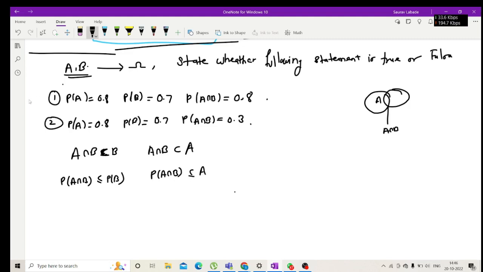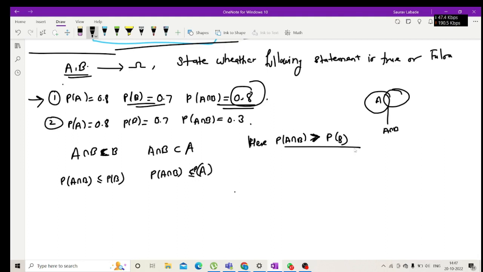Then tell me, is the first statement true or false? It will be false, right? Why is it false? Because here the intersection is greater than probability of B. Here probability of A intersection B is greater than probability of B, which is not a possible condition because the intersection is always less than or equal to probability of B. Hence